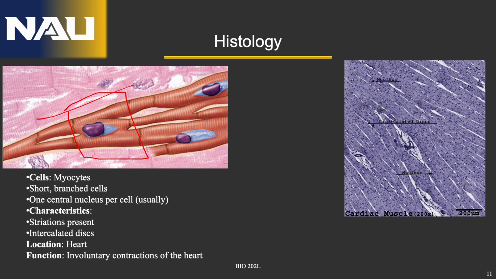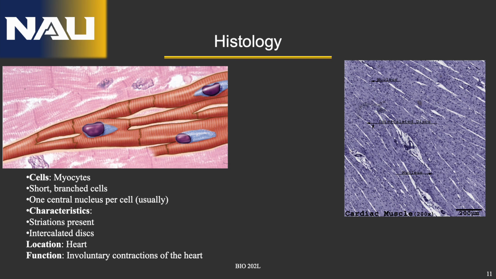One of the defining characteristics of cardiac muscle cells is the presence of intercalated discs. These discs are specialized junctions that connect individual myocytes, allowing for synchronized contraction and efficient transmission of electrical impulses across the heart muscle. Each cardiac muscle cell typically contains one centrally located nucleus. This tissue is located exclusively in the heart, and it's responsible for the involuntary contractions that pump blood throughout the